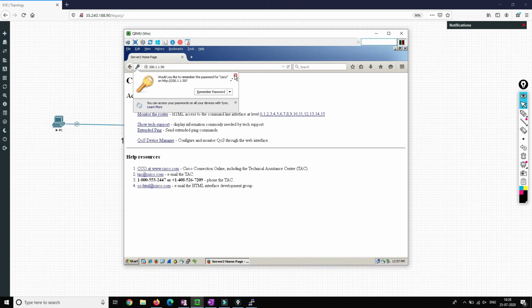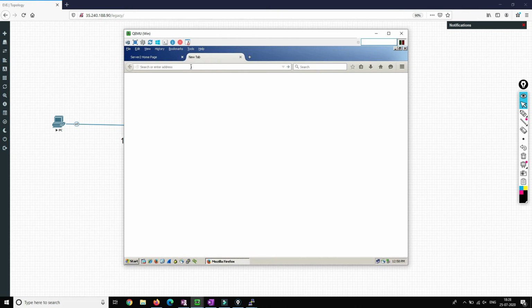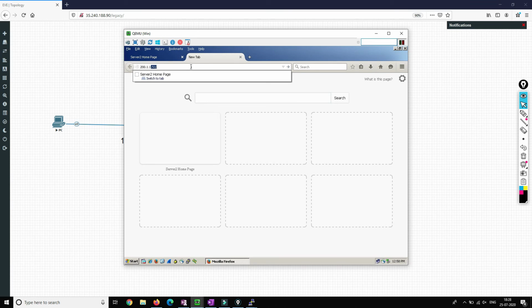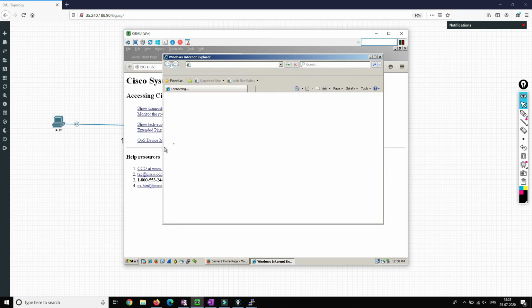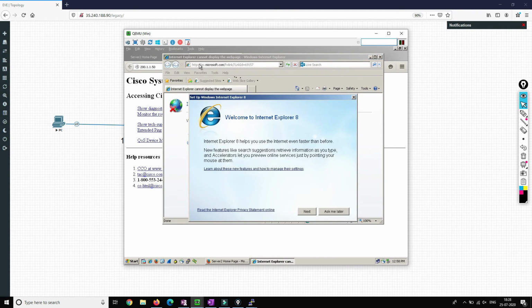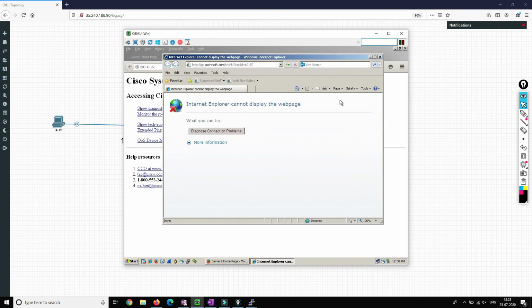Now we have been redirected to server 2. Now next time when we access 200.1.1.50, I guess it is supposed to go to the other one. I'll create another session then and access it.